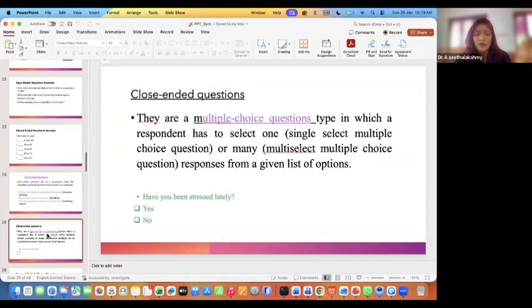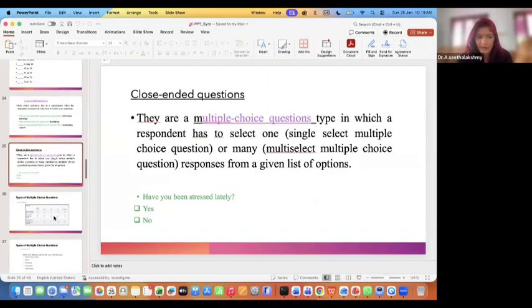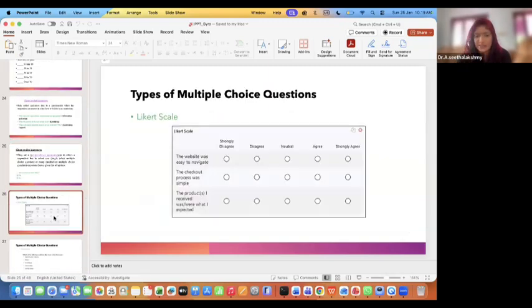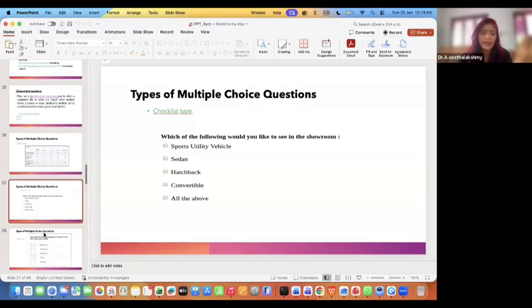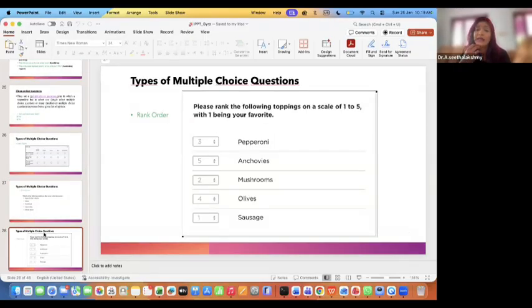Whereas a closed-ended question is very easy. It can be single choice or multi-select also. It is pre-decided. For example, we generally use the Likert scale. I hope all of you know the Likert scale, with choices from strongly disagree to strongly agree. You can have questions like that, or you can have multiple choice options, drop-down options like this, or even a ranking aspect, like which one should be higher priority.